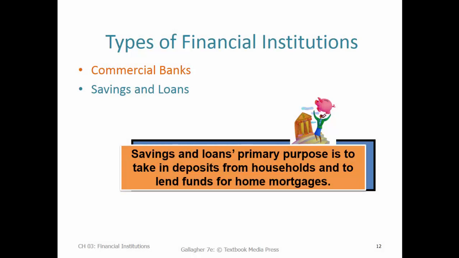Savings and loans have fallen out of favor in recent years, and by that I mean the past several decades, because by only engaging in mortgage lending, they actually encounter more risk than a commercial bank that mixes its lending across different sectors of deficit economic units. So your big commercial banks might make a lot of mortgage loans, but they also make business loans, commercial loans, other consumer loans, credit cards, auto loans, student loans. So it's better for a bank to diversify the risk of its assets, of its loan portfolio, across many different sectors. And savings and loans, because they only do mortgages, do face more risk because of that,